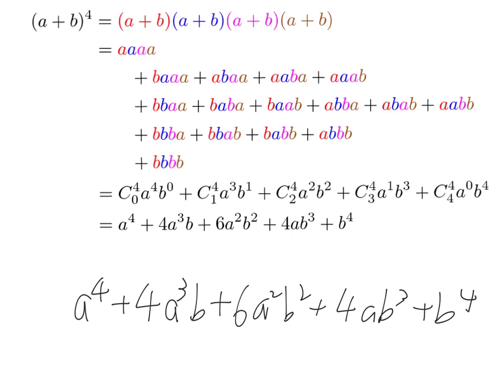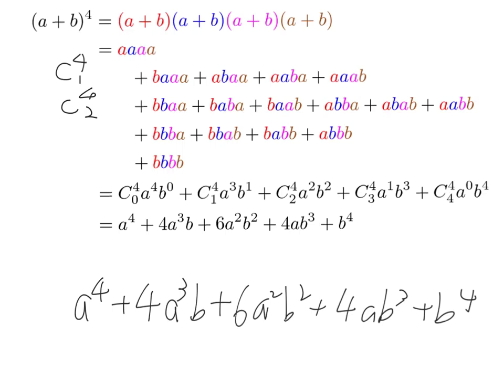But why do we have these coefficients? We have to do some counting. For example, for a cube b, there are 4 positions, and we have to take only 1 position for b, so the number of terms that are in a cube b is 4C1. We take 1 position from 4 possible positions. And for a square b, there are totally 4 colors here. We take 2 colors to place b, so the total number of possibilities is 4C2,